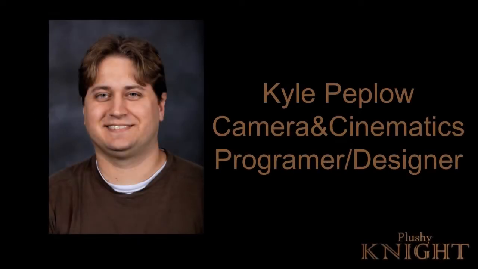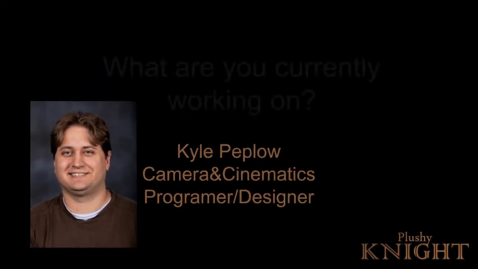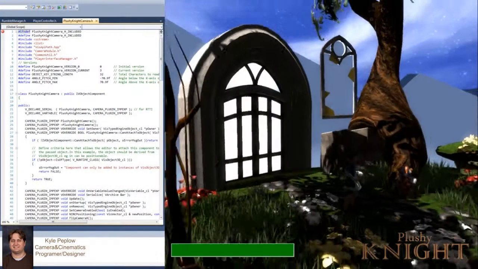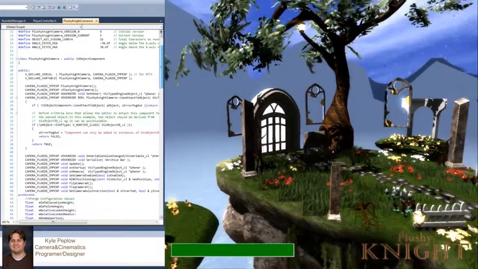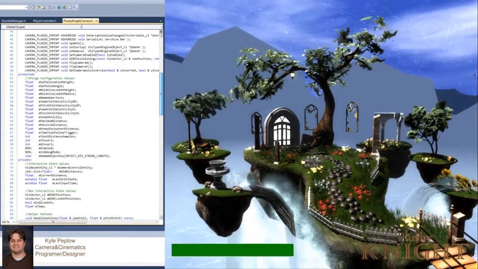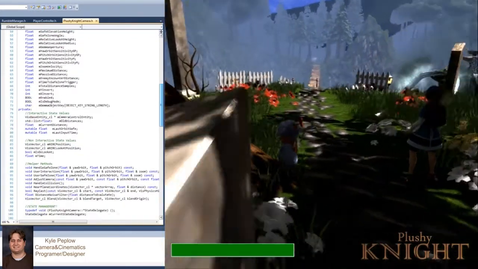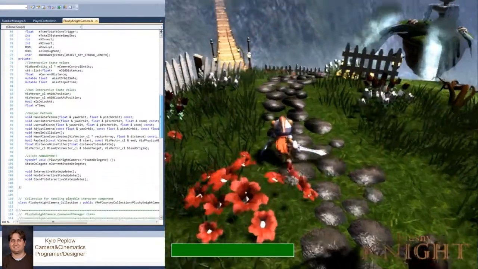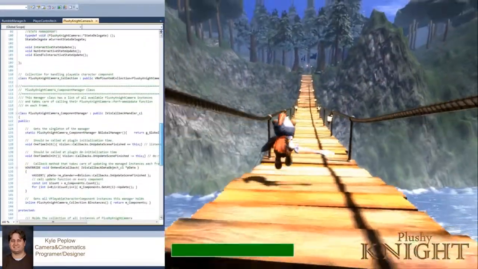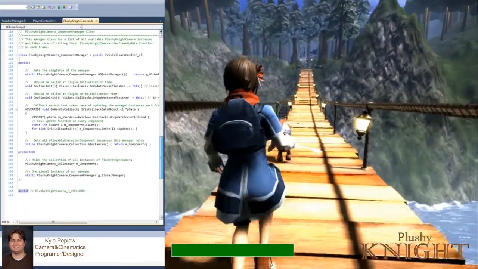I'm Kyle Peplow. I am the camera and cinematics designer and programmer on Plushy Night. Currently, I'm working on a non-interactive real-time camera setup, which allows the camera to move from a player-controlled setup over to more of a guided setup that allows the camera to follow Plushy Night through the scene to help draw attention to more aesthetic parts of the level and to bring the player's attention to other areas